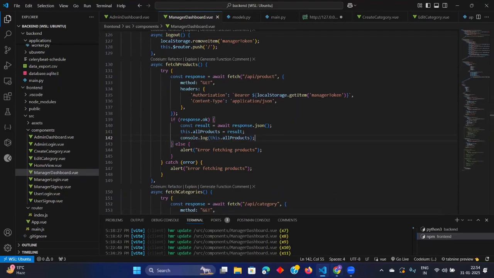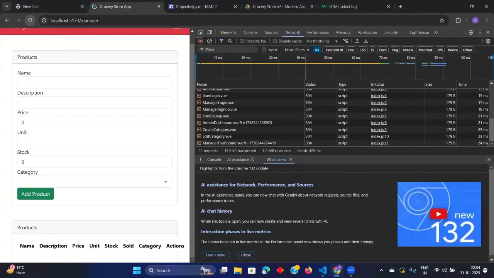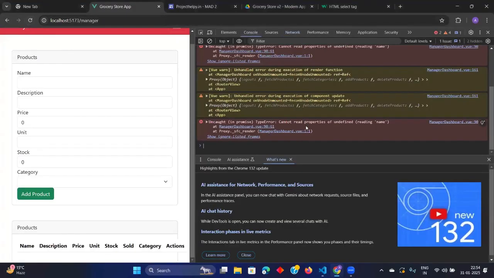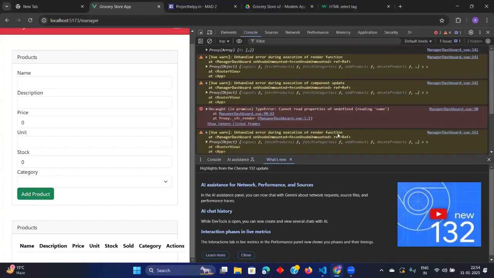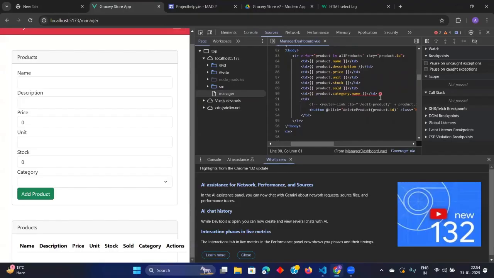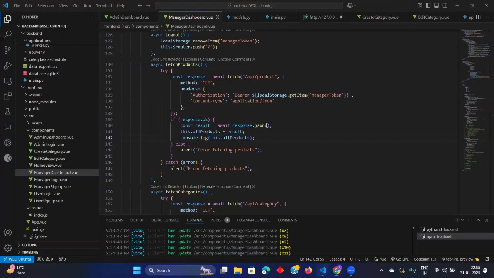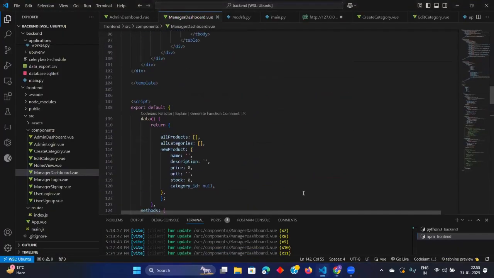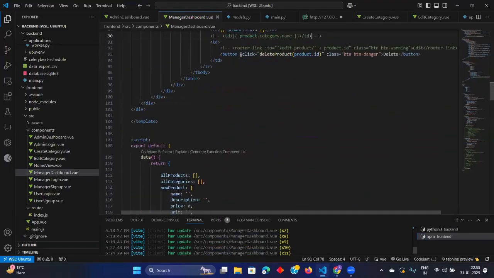Let us see if it is working or not. Console. Where is it seeing this? Okay, because of this thing it is not showing: product.category.name. Just for now, let us ignore this. Control slash. Okay.